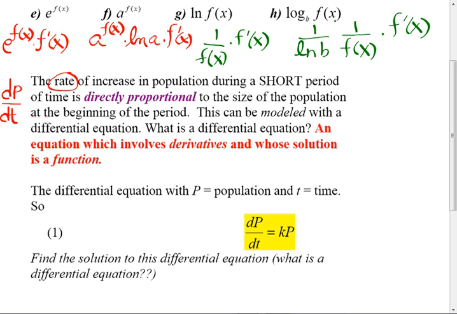Is directly proportional. Do you guys know what that means? That means it's directly proportional to the size of the population at the beginning. So whatever the population starts with, the bigger the population, the faster the rate of increase. Makes sense? If you have a little population, it's not going to grow very quickly. If you have a big population, it's going to grow quickly, which is one of the problems that we have